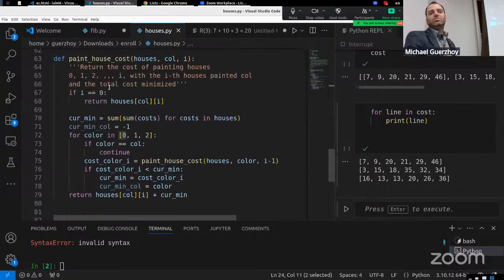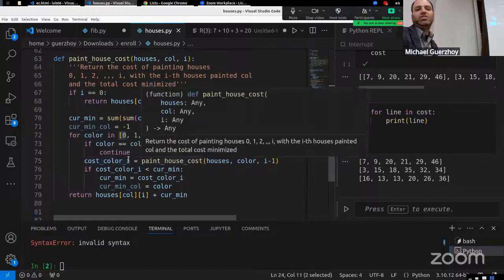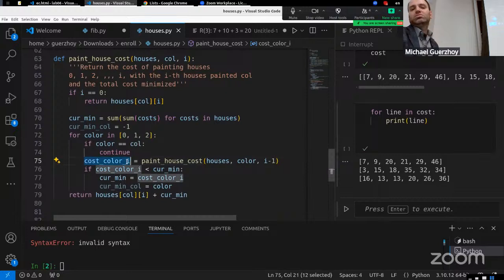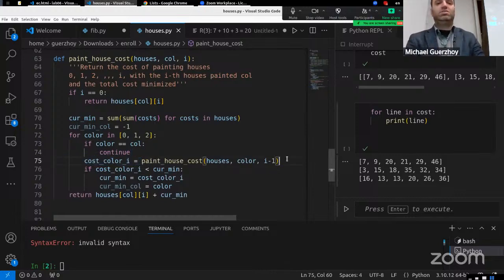Right. So same thing, just a slightly different style. We're saying, what's the cost for the color we're considering if we're allowed to consider it? This is the cost of painting